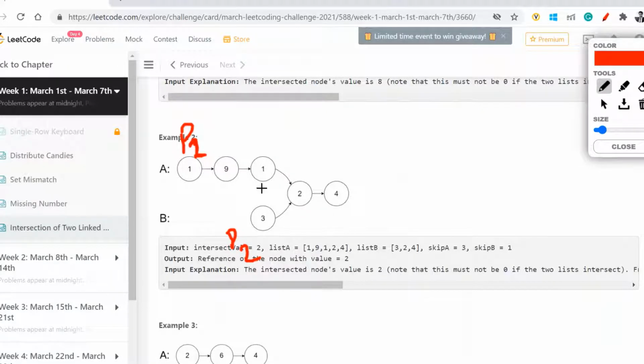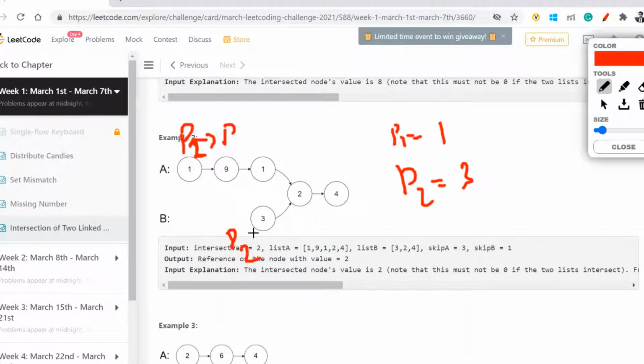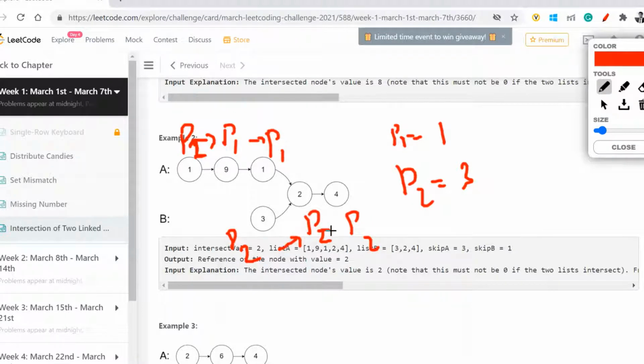What I mean by that is, this is what I'll do. My p1 in the first go is equal to 1 and p2 in the first go is equal to 3. Both are not matching, so I'll move this forward. Now p1 is this one and p2 is this one. Now 2 is not equal to 9, so I'll again move this forward. So my p1 is at one position and p2 is at this position. This moved here, this moved here.